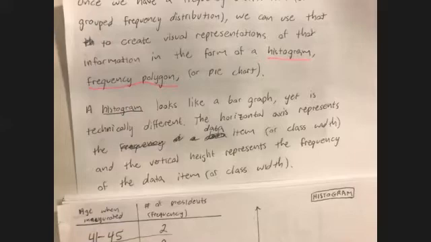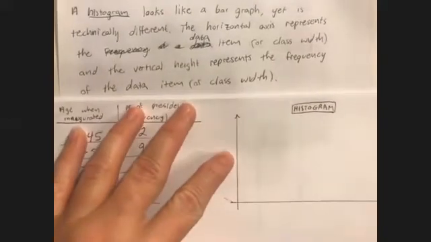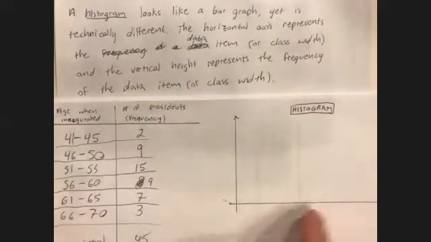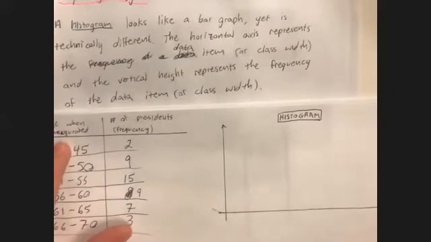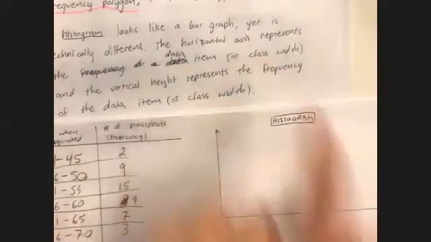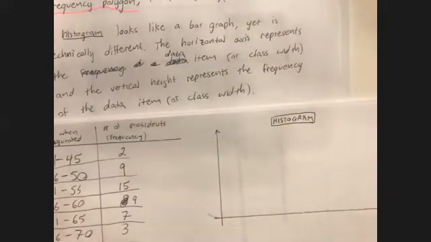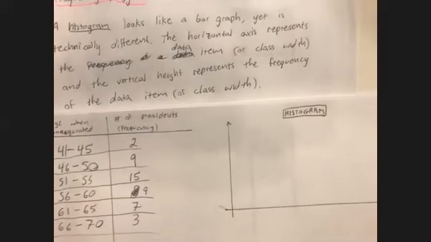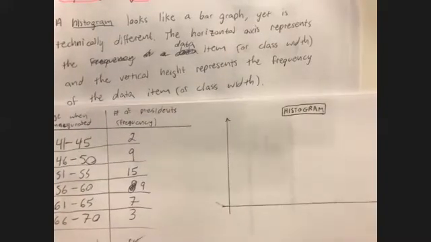And these rectangles will be such that the horizontal axis will represent the left column, or the class width, and then the vertical height of each rectangle that we're going to make, which looks like a bar graph, will be